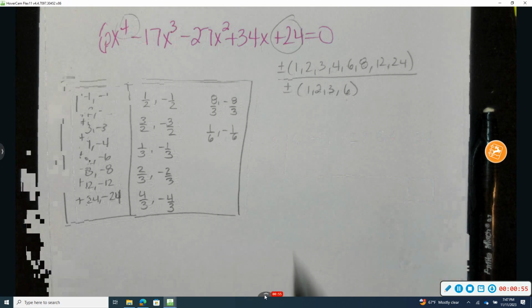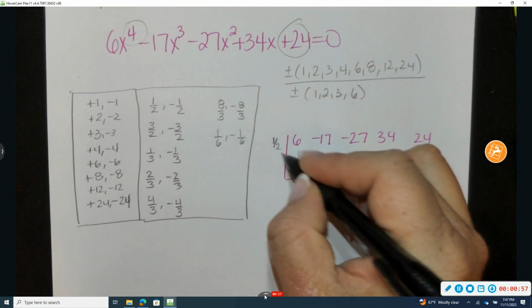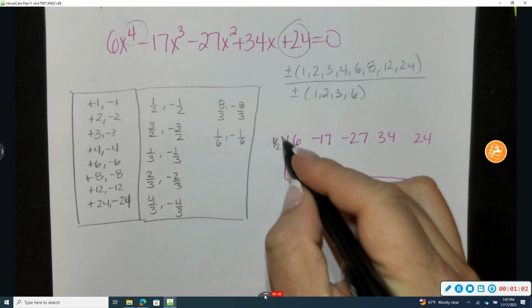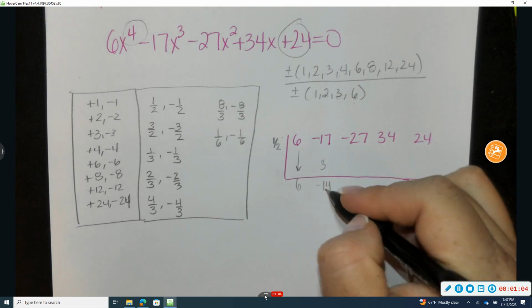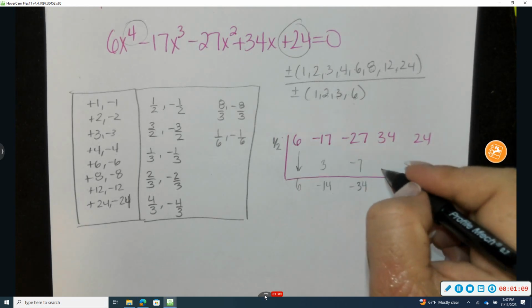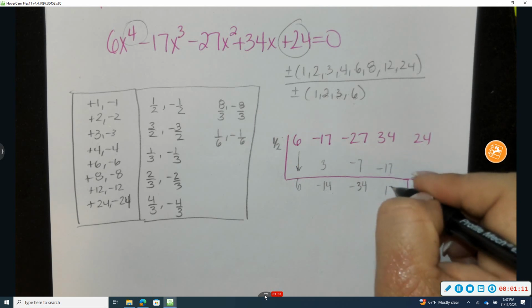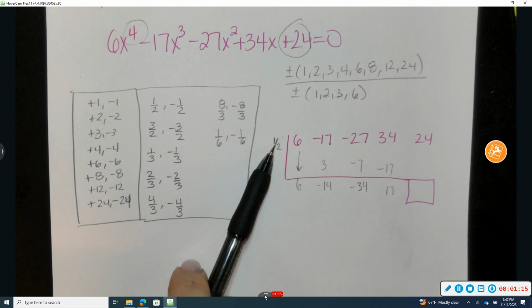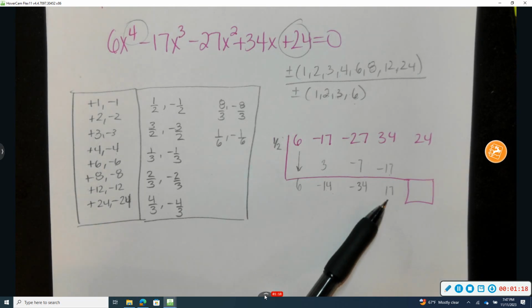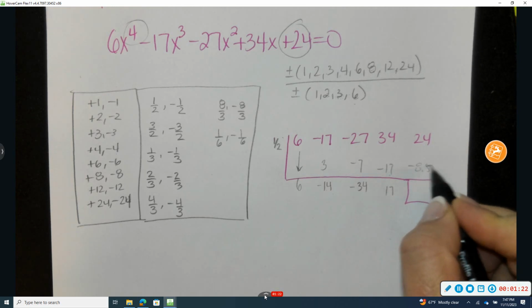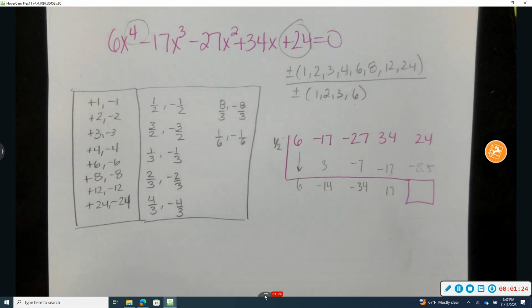So I'm going to start by testing 1/2. Drop down the 6 first. 1/2 of 6 is 3. Combined to equal -14. 1/2 of -14 is -7. Combines equal -34. 1/2 of -34 is -17. Combines equal 17. And I already know it's not going to work because 1/2 of 17, well, it is a fraction, but 1/2 of 17 is 8.5, and -8.5 and positive 24, it doesn't equal 0, and that's what I'm looking for. So I'm going to erase, and now I'm going to